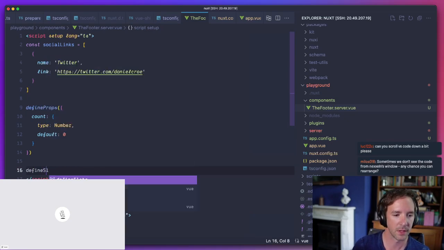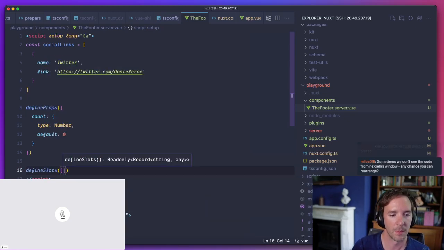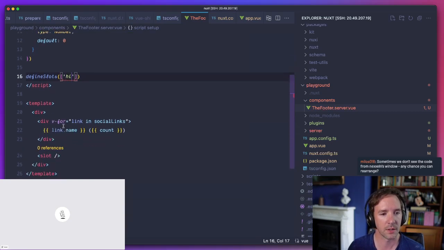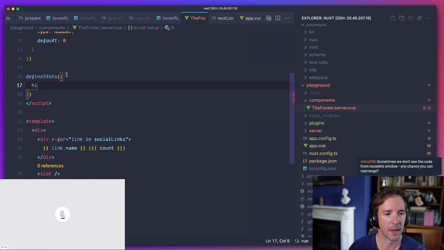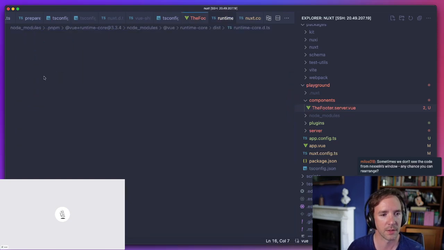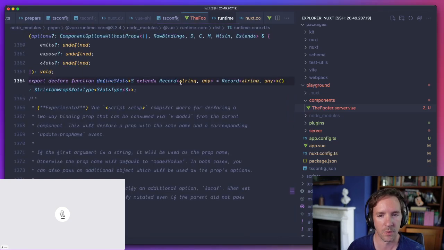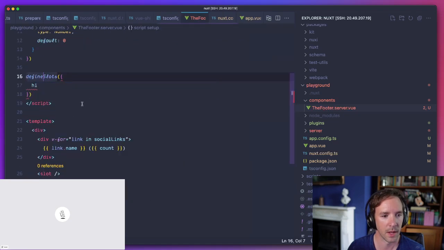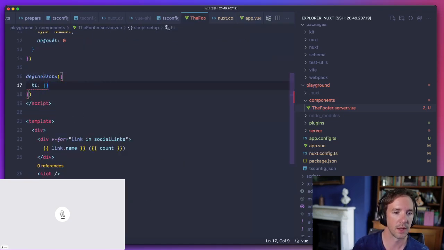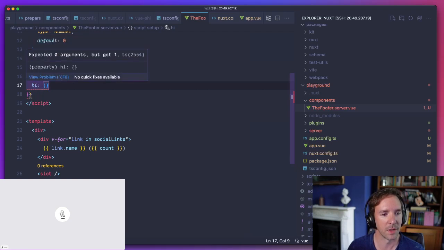Oh, we have to define slots, I guess. We'll define our slot, our hi slot, and remind me, how do I define slots? I define them with a record, and I think it's just an empty object. No, what do I want?